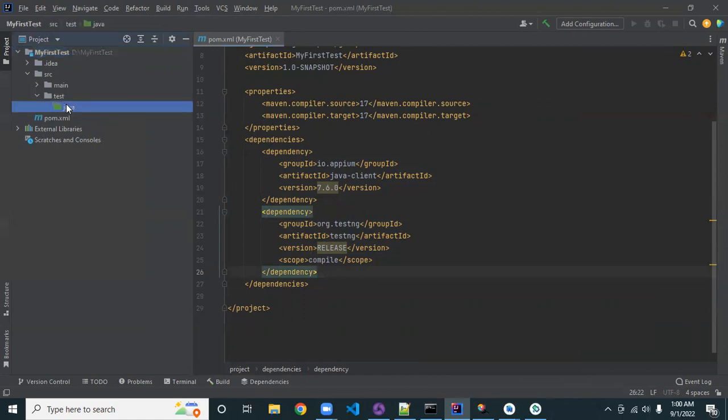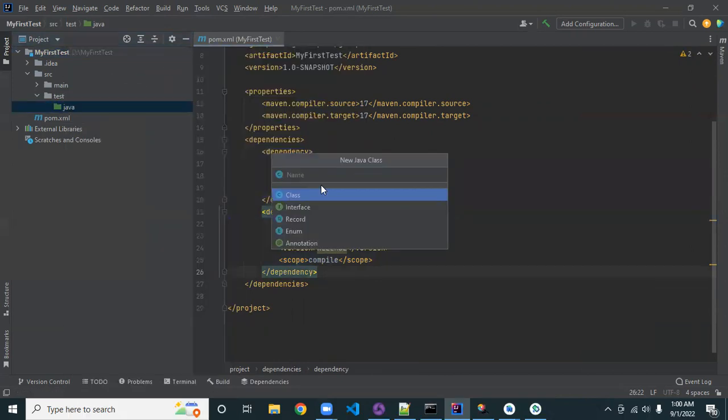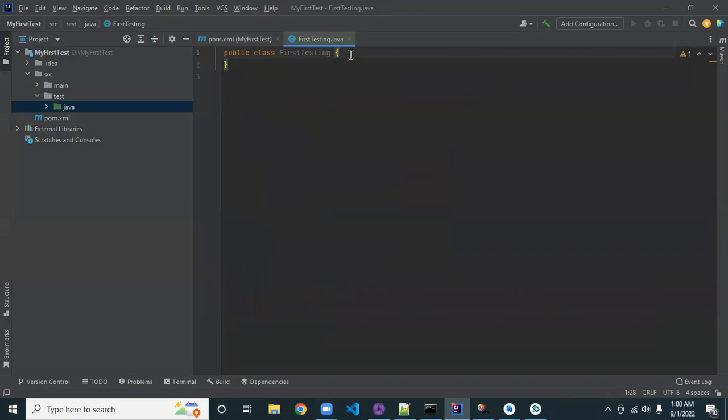Under test we have Java folder. Okay, just go ahead and create a new class, name it first testing. Okay, first testing. I just create a first testing class. All right,